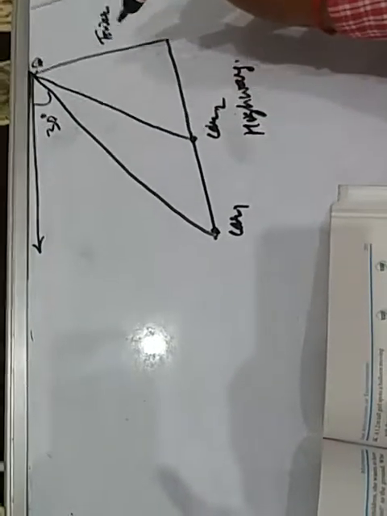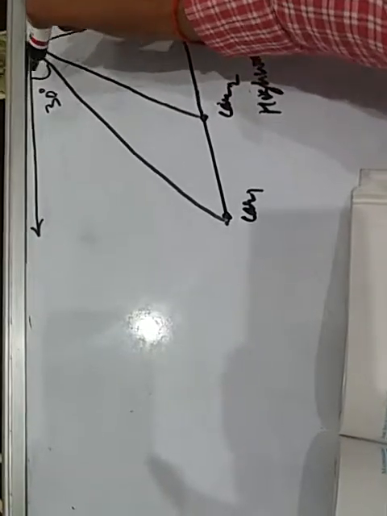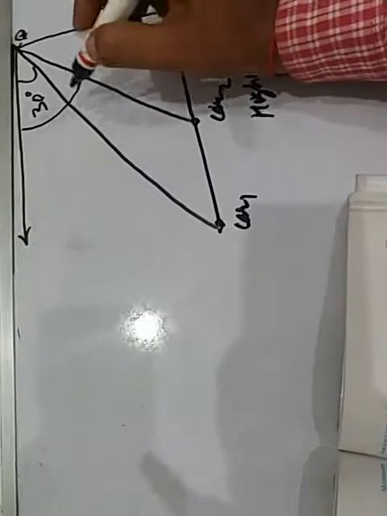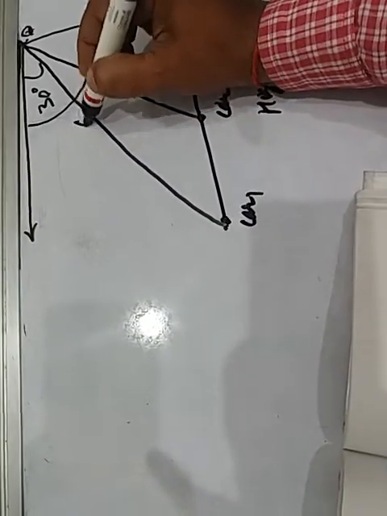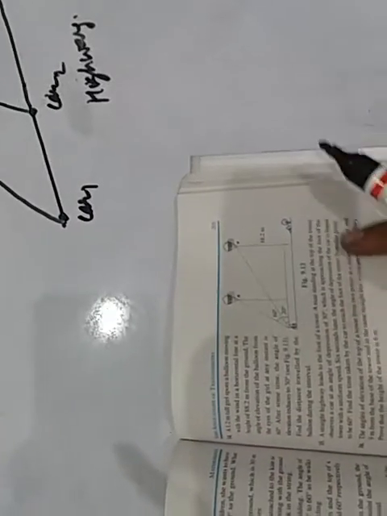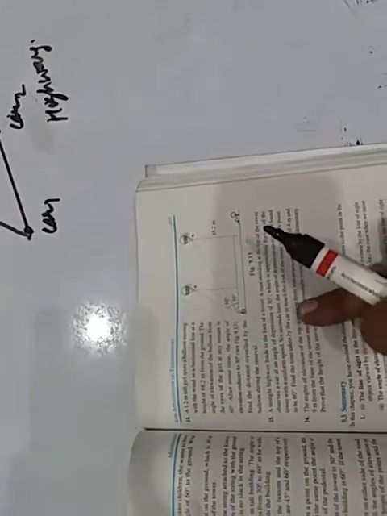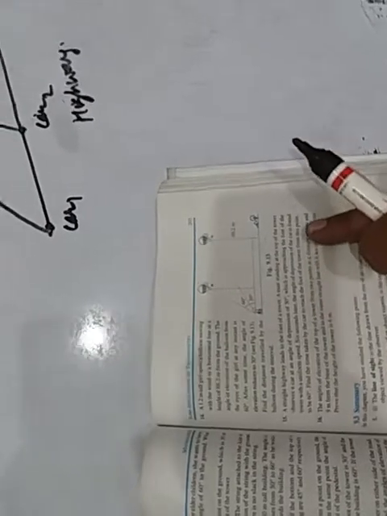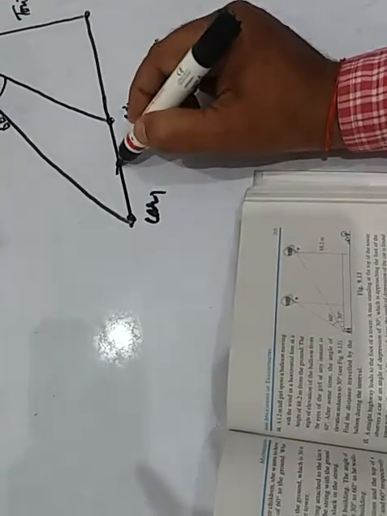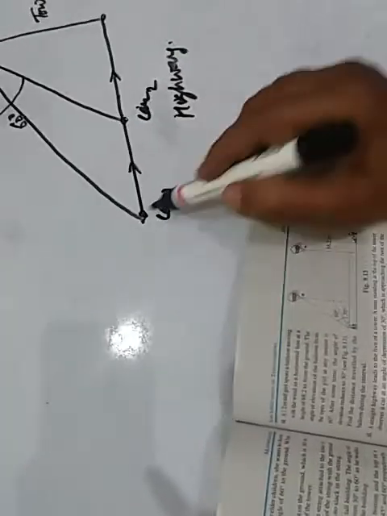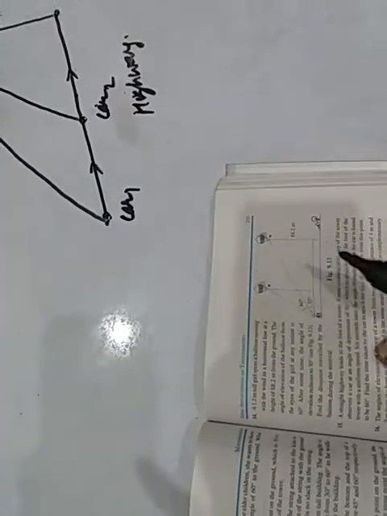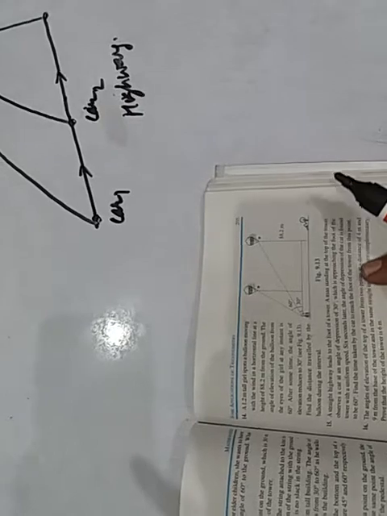Now the angle of depression, what is this? How much is it now? Angle of depression is now 60 degree. Clear, children? This is 60 degree, right? Now what we have to find out? Find the time taken by the car to reach the foot of the tower from this point. This is the foot of the tower. From this point the car is moving toward this direction. Clear? Car is going from here to here.